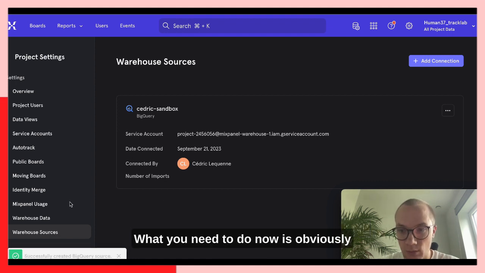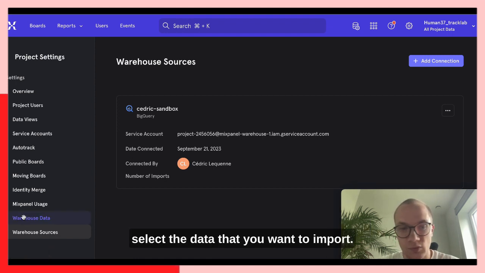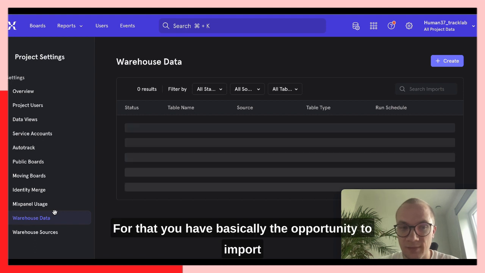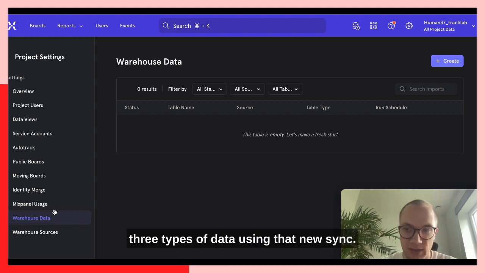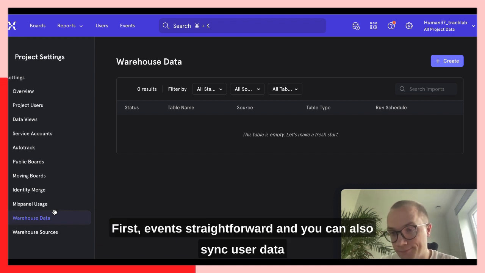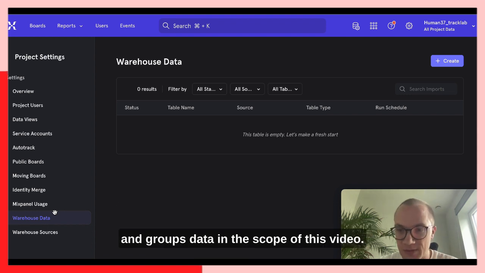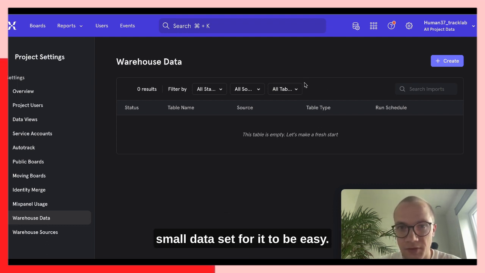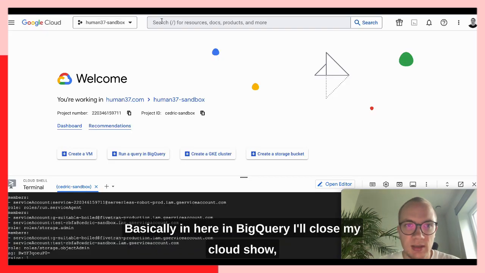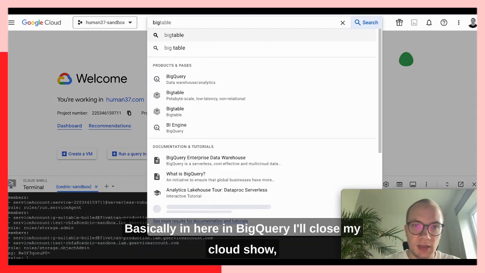What you need to do now is obviously select the data that you want to import. For that, you have basically the opportunity to import three types of data using that new sync. First, events, straightforward. You can also sync user data and groups data. In the scope of this video, we just focus on events because I created a small dataset for it to be easy. So basically in here, in BigQuery,